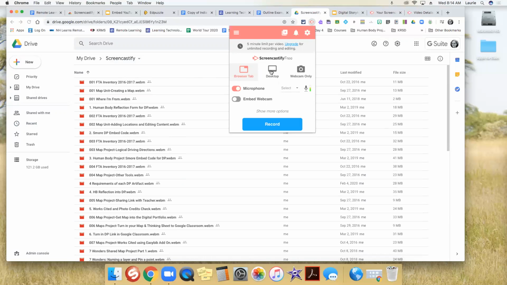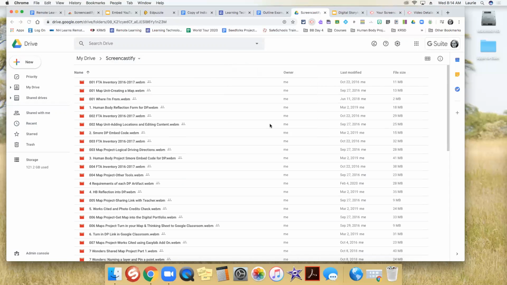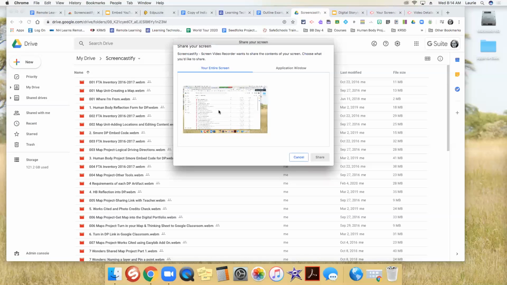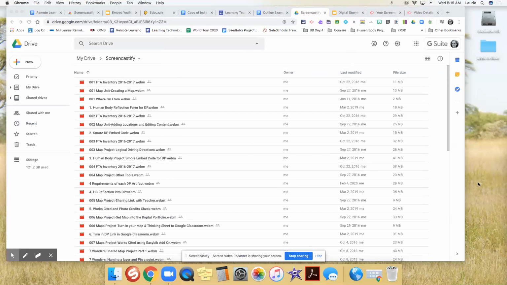The next one that I'm going to show you is the desktop version. It's basically the same. It's just that I have to allow my entire screen, and you can see now that it does the countdown. I have my tools. Before, these tools were only available in the tab version, but they've extended it to both of these versions, which is really, really helpful. So I also have this little thing at the bottom that I can stop sharing, or I can stop sharing from the top here. So I have this extra thing.